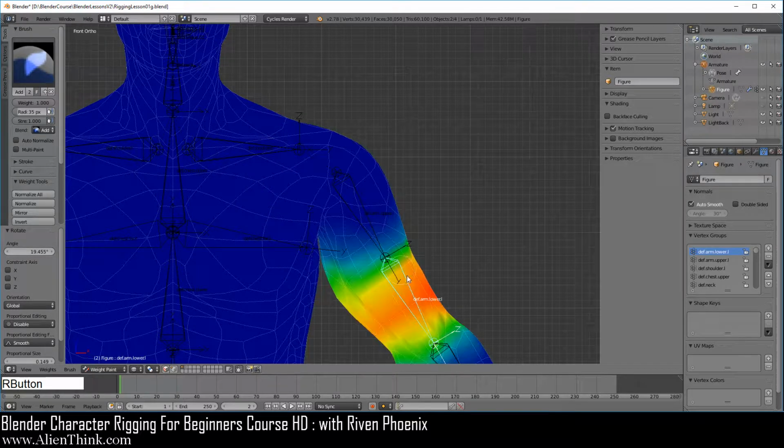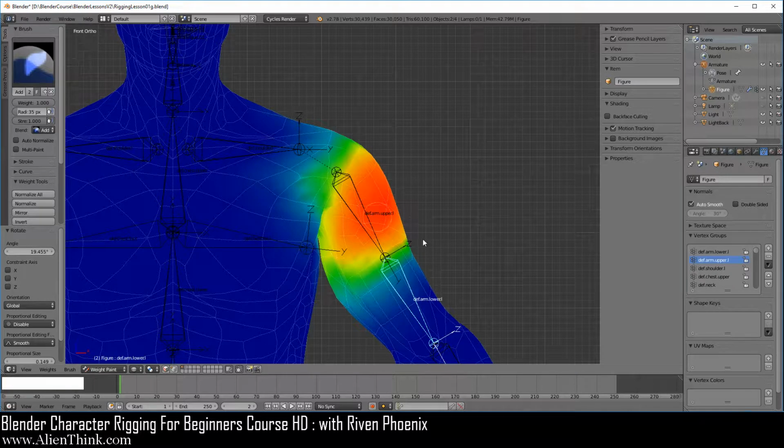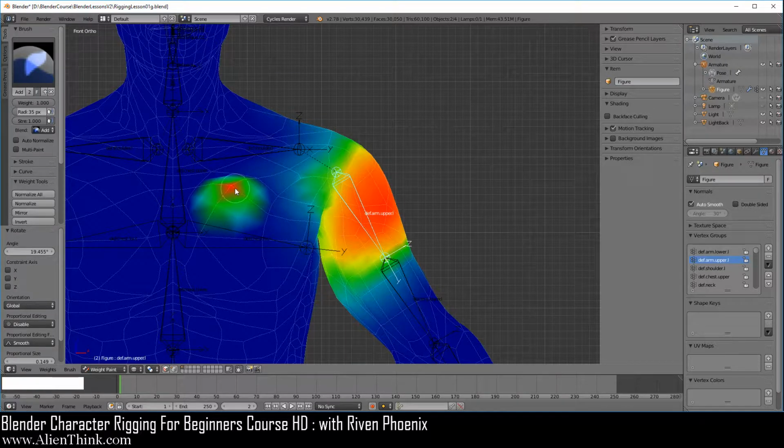See, we can switch over here and switch back over here. Whatever's selected over here, it's what's going to get added. Clicking on the bone simply just allows you to select it very quickly. So if you click right here, this vertex is now getting added to this vertex group.